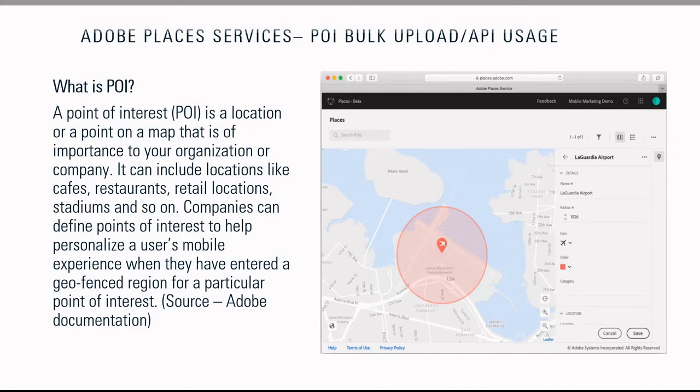Using this, we can define our own POIs, and there are SDKs available. Using those SDKs, we can create a new point of interest. We can read them. We can create libraries as well. For example, one library is retail, in which I'm keeping all retail related POIs. Another is marketing. It's totally dependent on the use case, what we want. So this is the explanation given in the Adobe documentation.